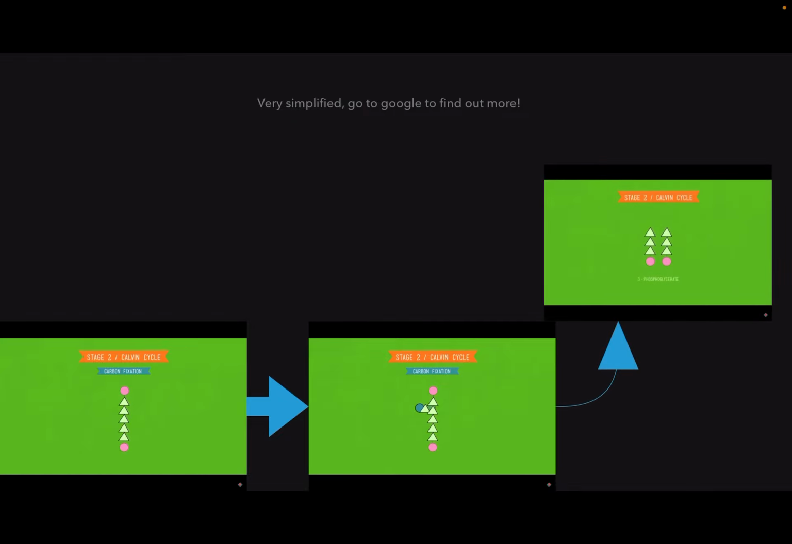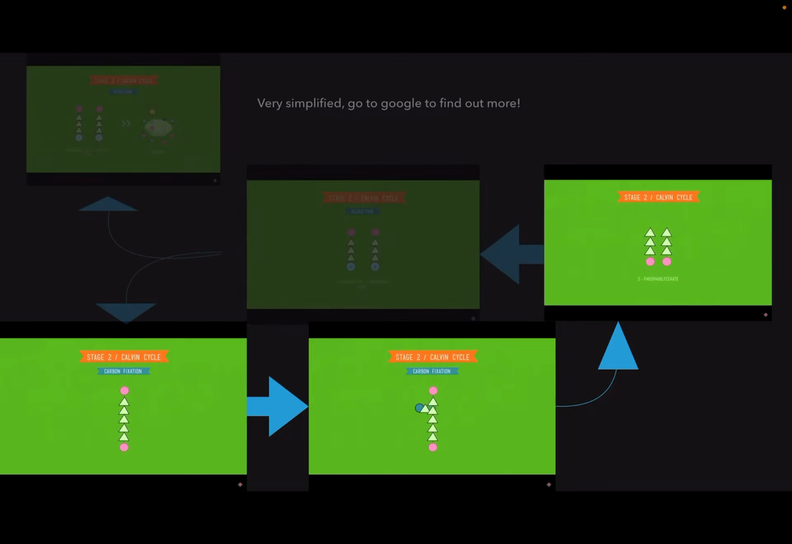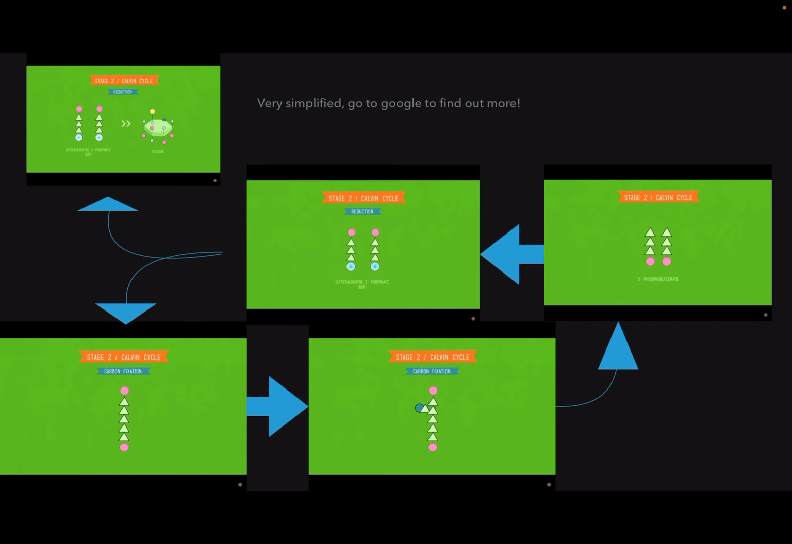Then it's super unstable, so it has to break into 3-phosphoglycerate. Then it goes to glyceraldehyde 3-phosphate, G3P. But you have to make 6 of these. 5 of them go back to regenerate the original 3 that are going to be used. Okay? Next, the remaining 1